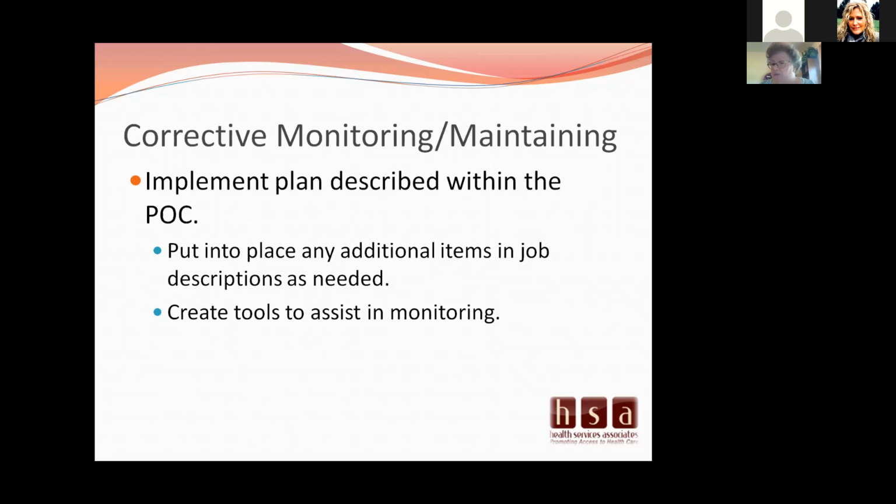And then create tools to assist with whatever the deficiencies are. Create tools to assist in monitoring. If it's medication and supplies, which we see frequently, then create a tool for whoever's being put in charge of monitoring medication and supplies, checking for expiration dates, making sure that single dose vials are not being reshelved after they're open, making sure that the open and 28-day expiration date is on your multi-use vials. Create whatever tools you need to use. And again, as you're going through your plan, if this is something you can show as a support tool with submission of the plan, it is very favorable.